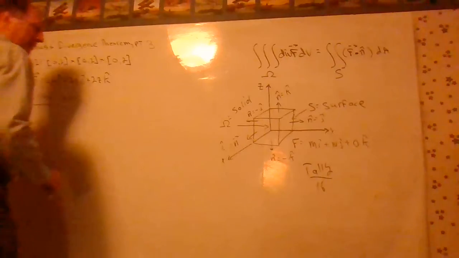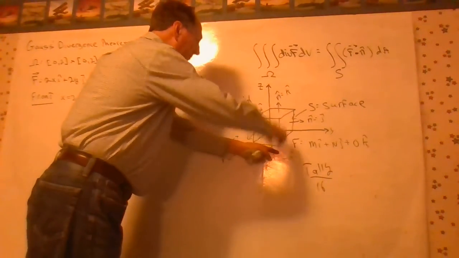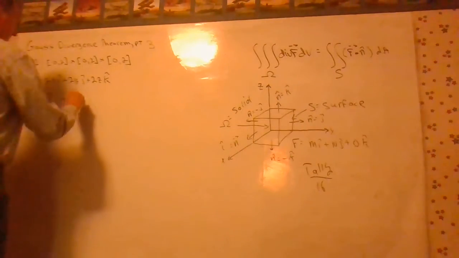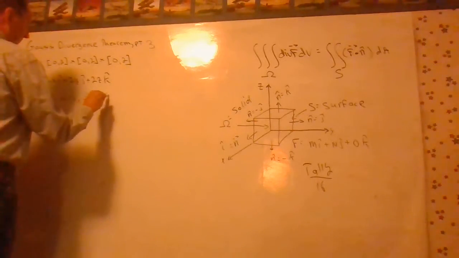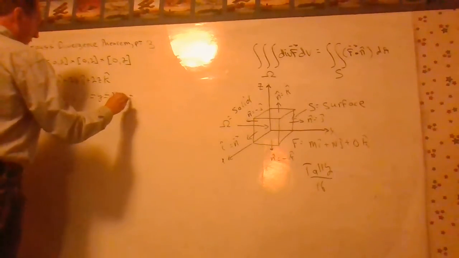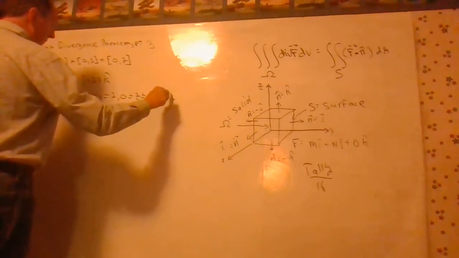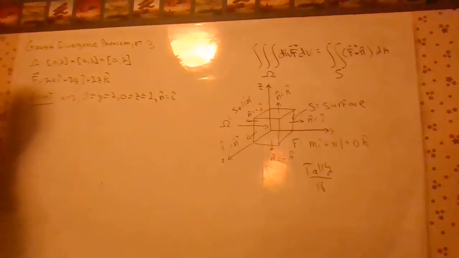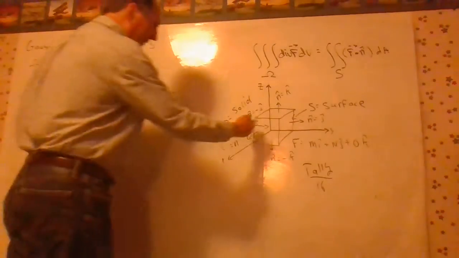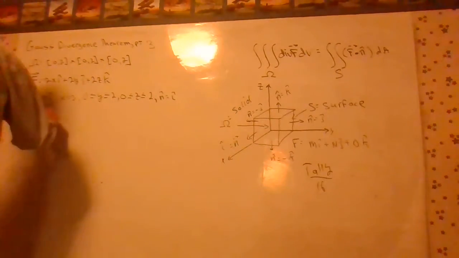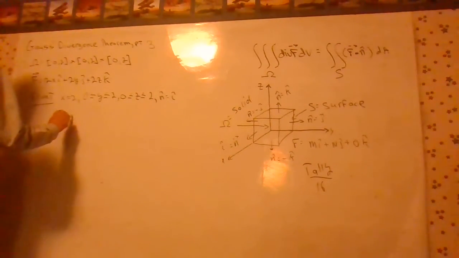And then it turns out y goes from 0 to 2, z goes from 0 to 2. And it turns out n is i. That's this i vector right here. And so we can calculate F dot n